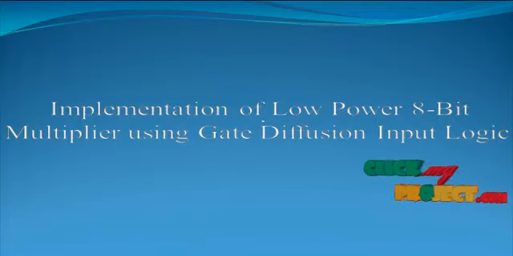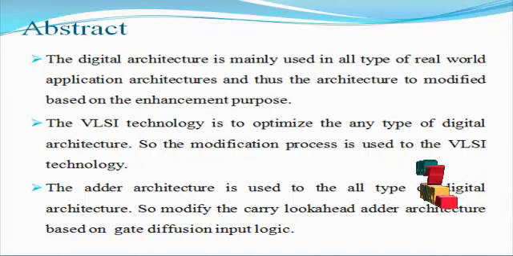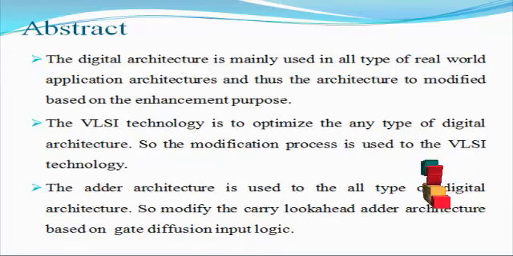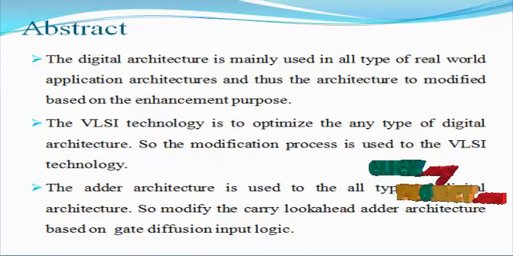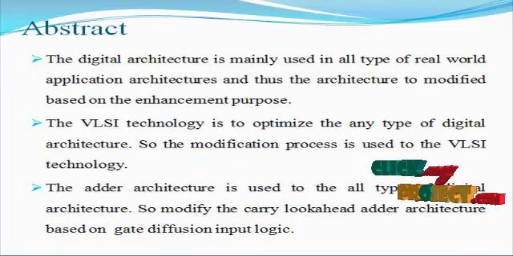Now we discuss the project for implementation of a low power 8-bit multiplier using gate diffusion input logic. Next we see the abstract for the project. CMOS multipliers occupy substantial area and power in digital circuits. To further optimize power and area, it is required to reduce the number of devices in the design of the multiplier. This can be implemented using a revised CMOS logic via the GDI technique.